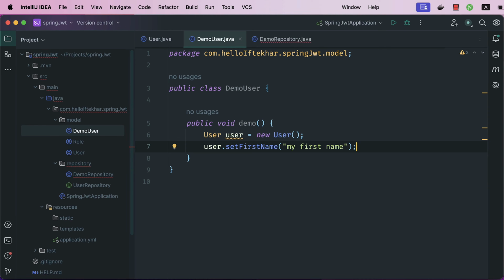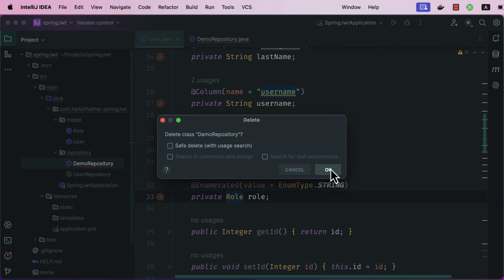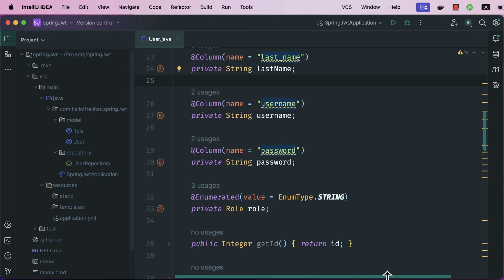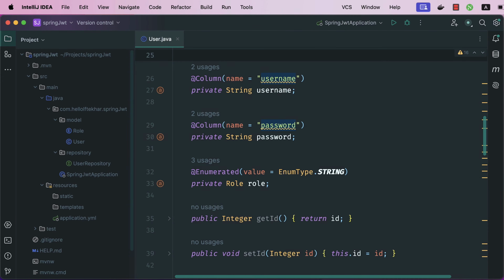We are done with it. Let's delete these classes and delete this demo repository class. For authentication purposes, Spring Security uses another special object named UserDetailsService. To make our development easier, let's use that. Closing the tabs,